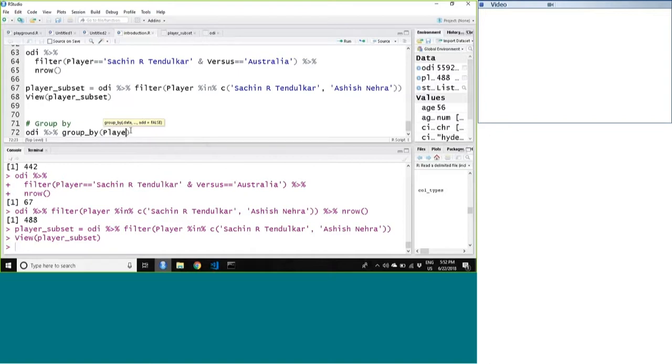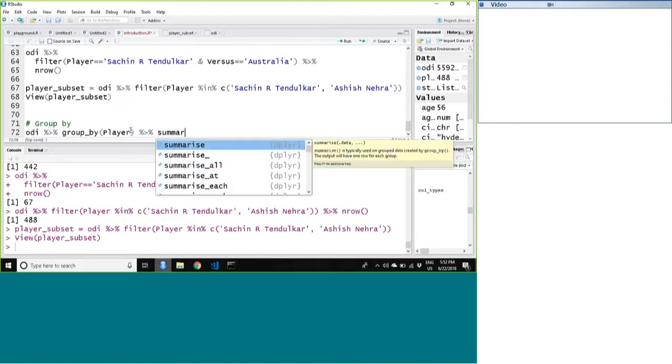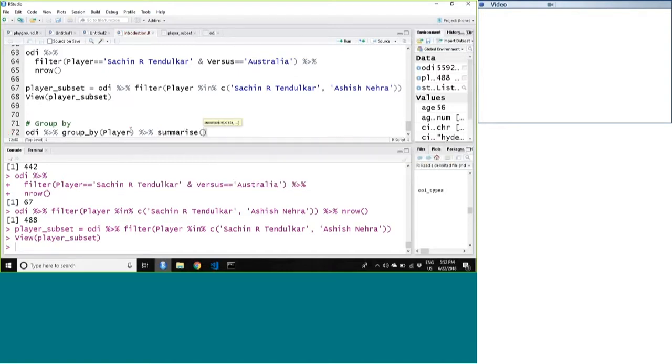If you want to group by 2 columns, you can just pass them by separating with a comma. So ODI group by country comma player also you can do, depending upon how many columns you want for group by. Whatever results you get, you pass it on to the next function, which is summarize. Our objective is to condense this data into a short thing, and I want to summarize total runs for every player. So I can say sum of runs,